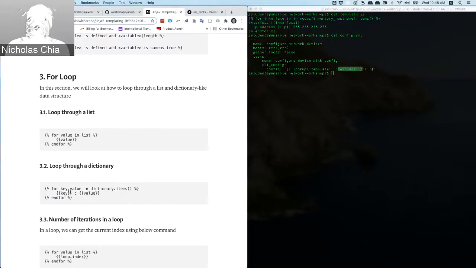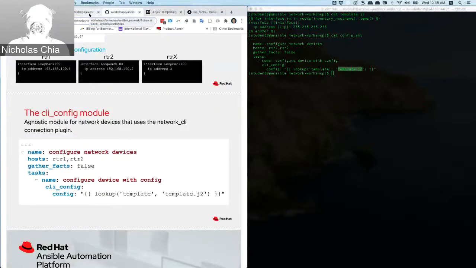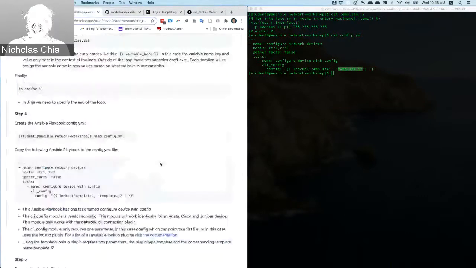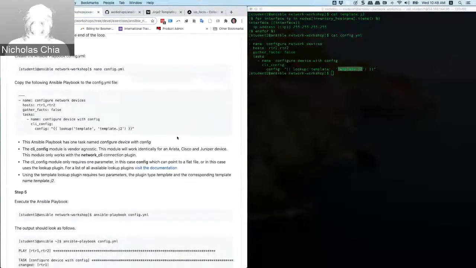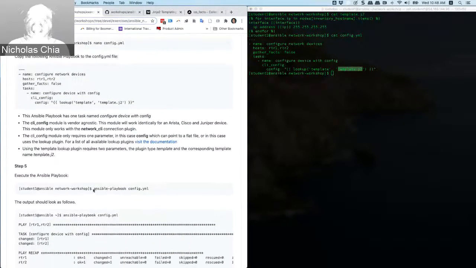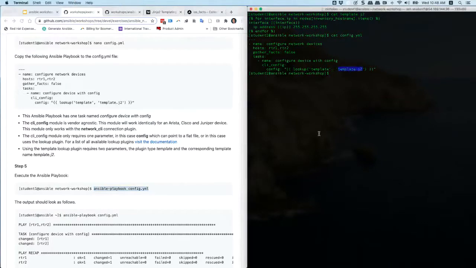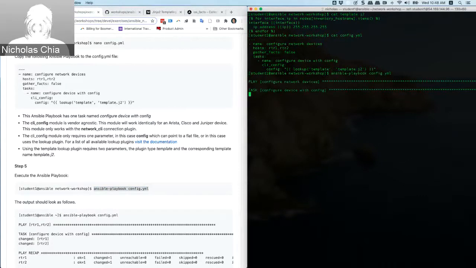And basically what we are doing is substituting the key and the value into the file. This is what we are trying to do, creating a config file for router 1 and router 2. And if I were to run this very quickly,